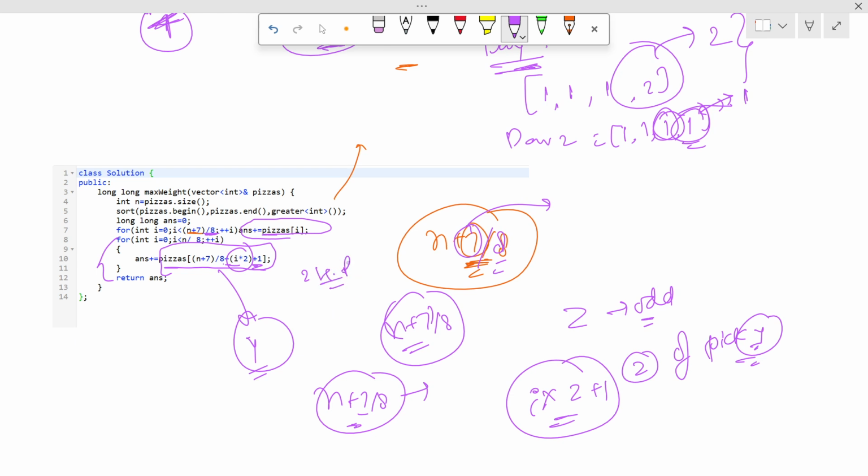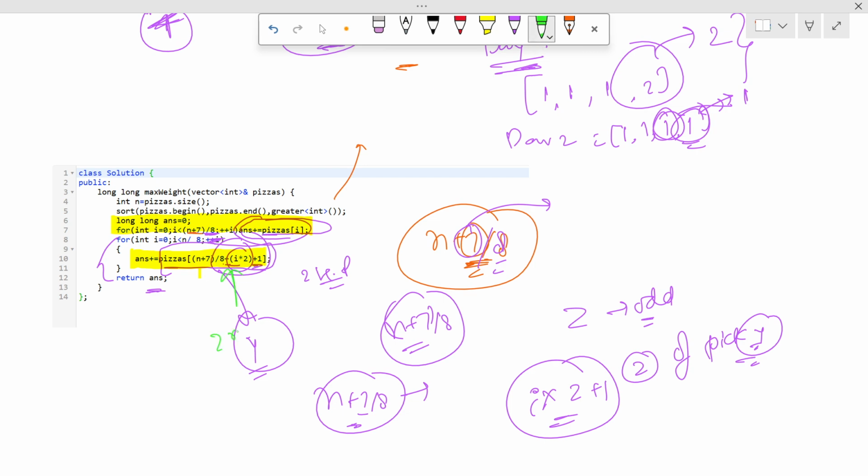And why we use this loop is basically to pick the second heaviest pizza for the y even number days. Okay, and then we have to return the answer, first the heaviest and then the second heaviest. For the first heaviest pizza we take the calculation of (n + 7) / 8, and then for the second heaviest, sorry, (n + 7) / 8. It means we have already calculated the heaviest pizza, and then we further